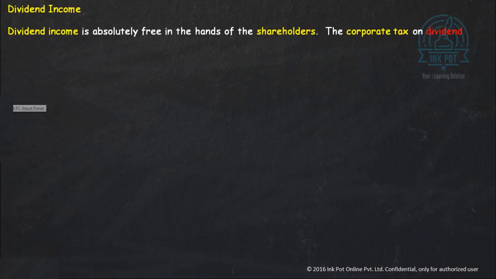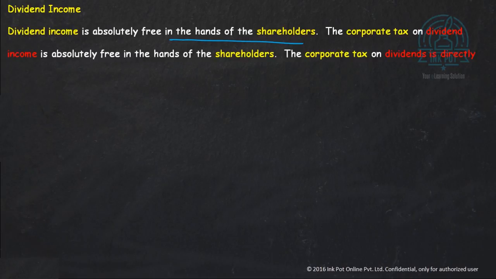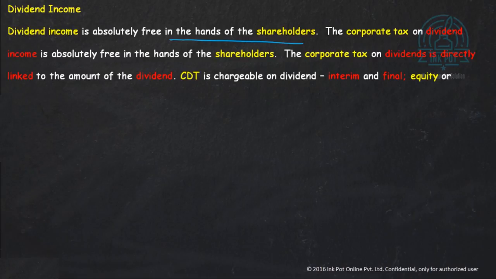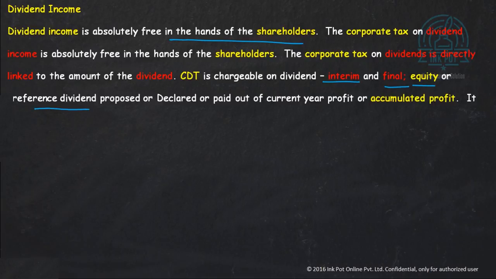Dividend income is absolutely free in the hands of the shareholders. Why? Because the company has paid corporate dividend tax on such dividend. Corporate dividend tax is directly linked to the amount of dividend. When the dividend is being declared, either interim dividend or final dividend, on equity shares or preference shares,